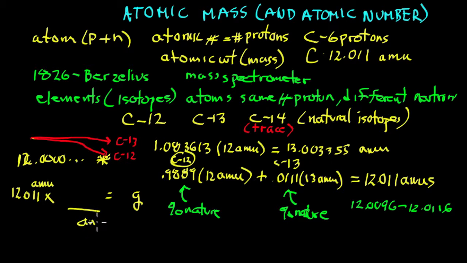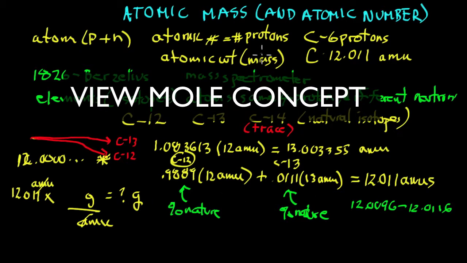You put AMUs here and grams here, and you can make the conversion. And believe you me, it's extremely small. We'll be talking about that later. Very small. And we will stop right there, and we'll continue in